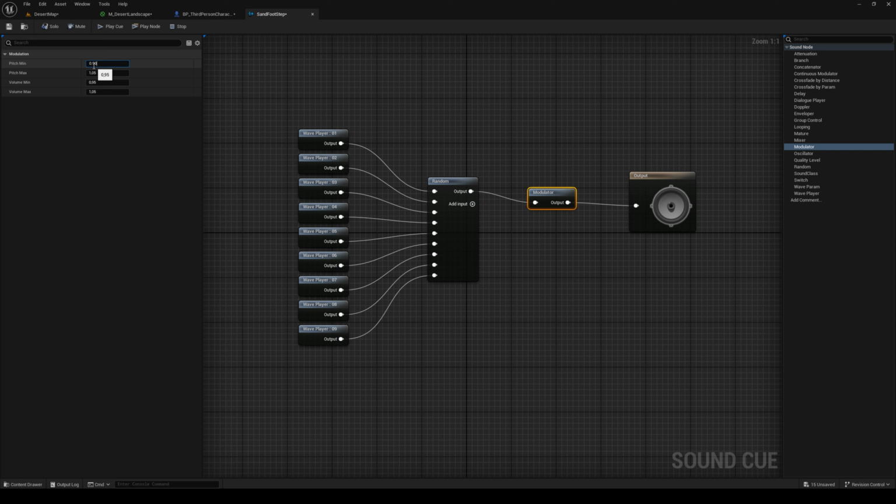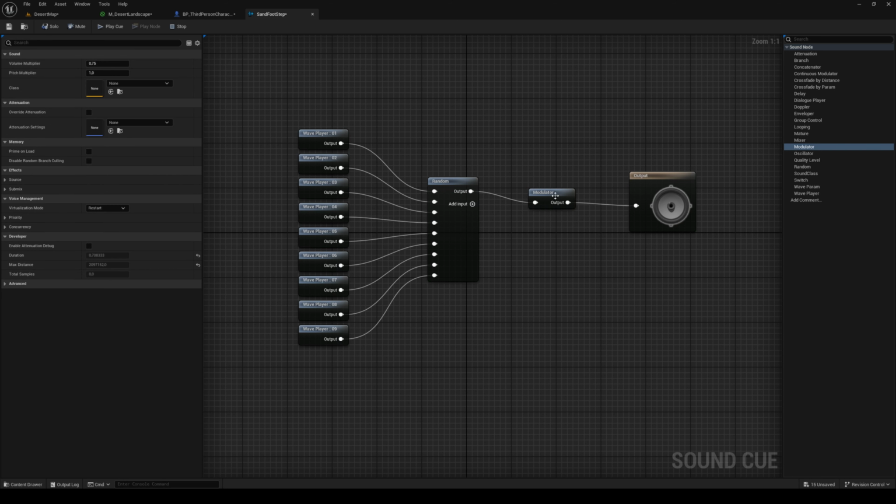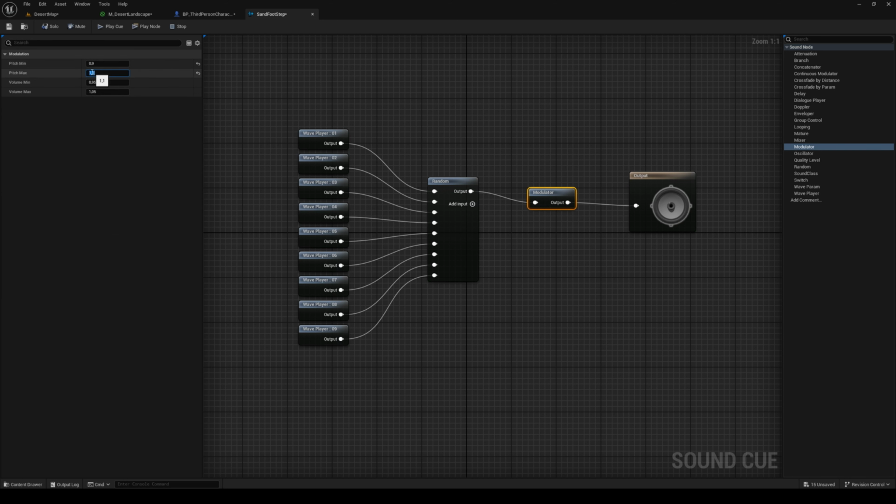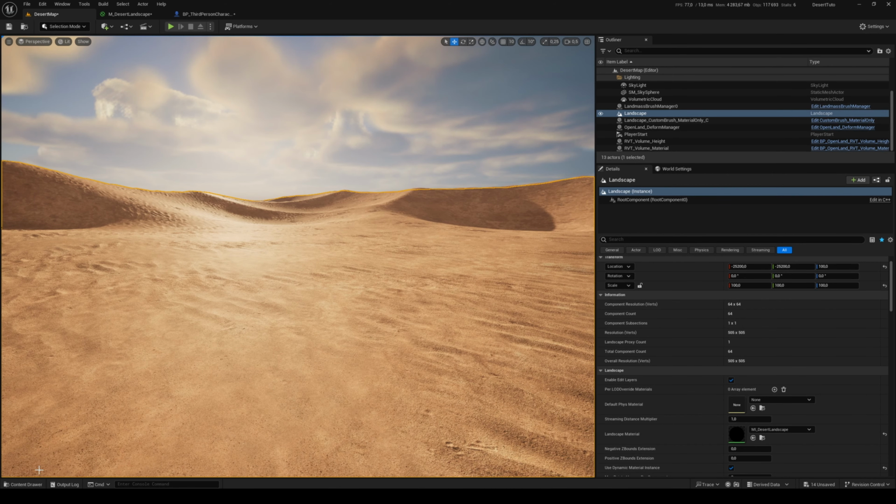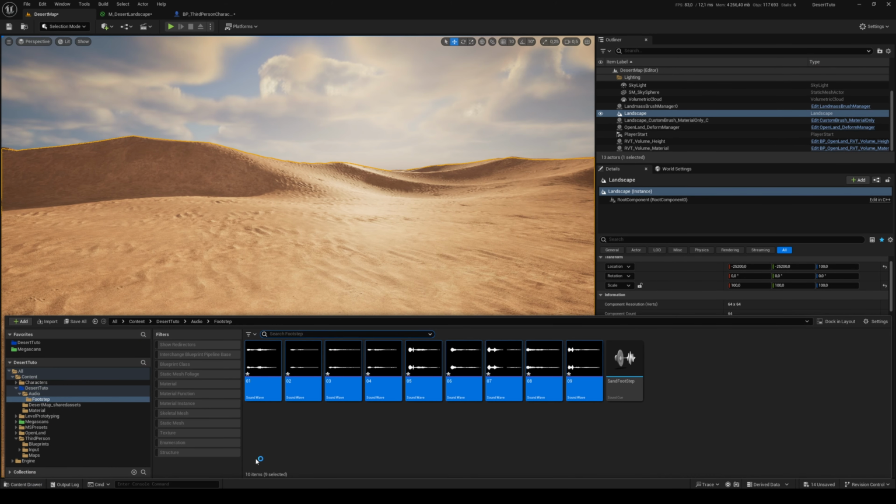So I'm just gonna add some value, not too much, because I don't want these to be too crazy. So it's gonna be 0.9 and 1.1 for these, and for these, I want these to be 0.85 to 1.20. And let's see the result. It sounds pretty good. So now that we have the sound cue, we can actually go and jump inside our